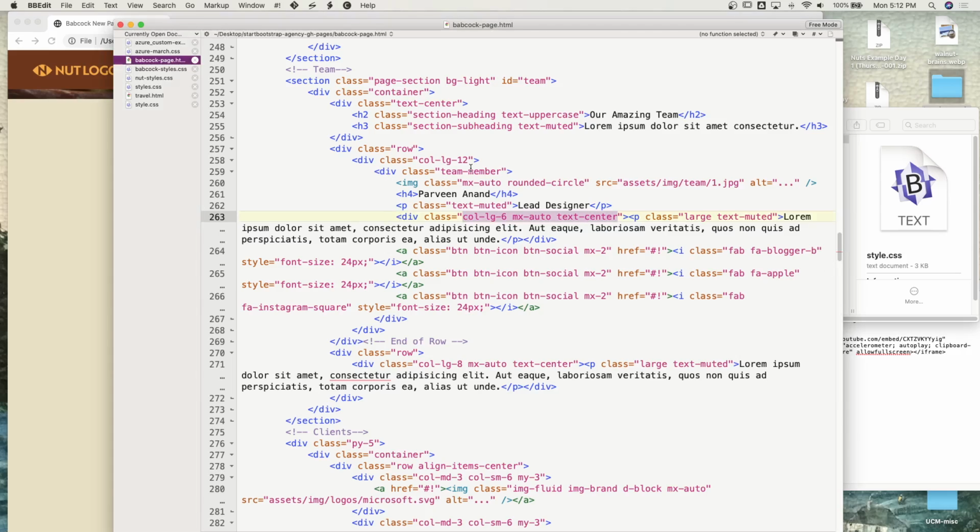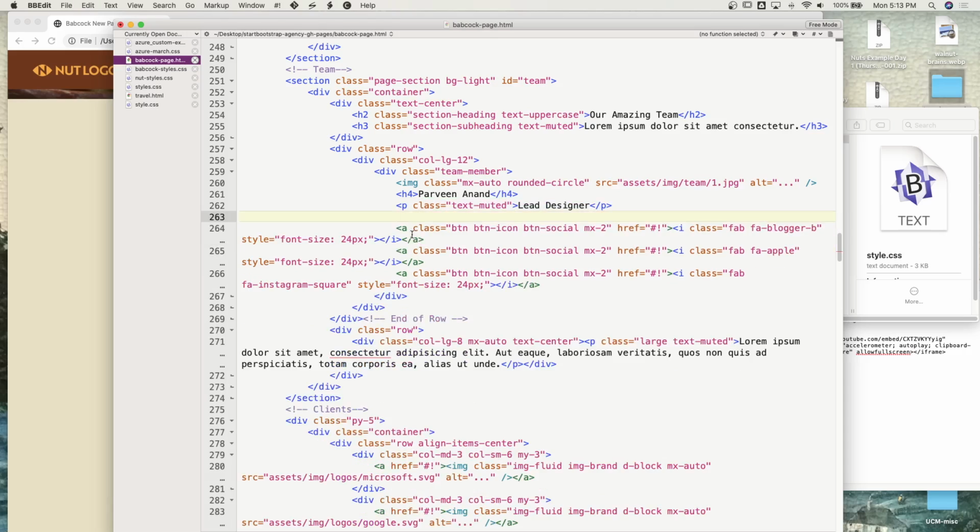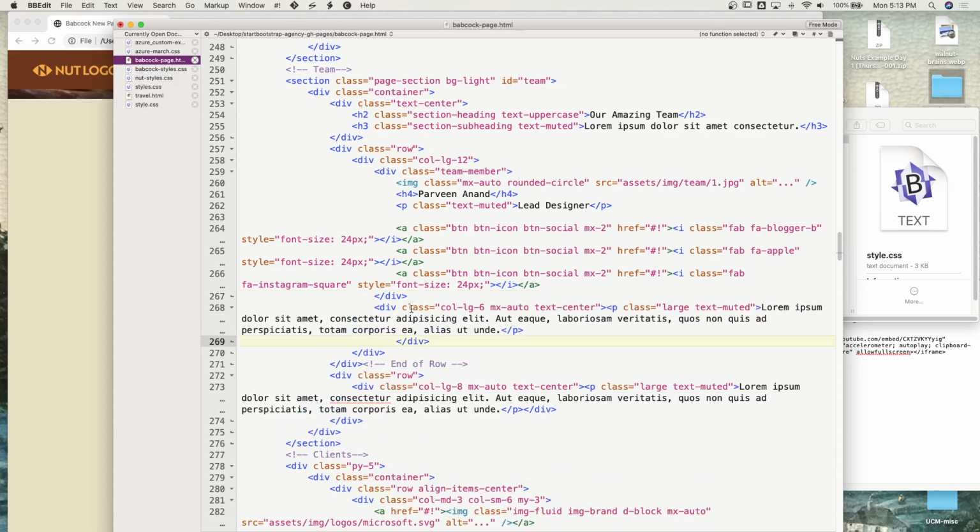So I'd rather have the team member and then the other two things together, maybe the social media. So if I take this part out and put it after the team member, okay,